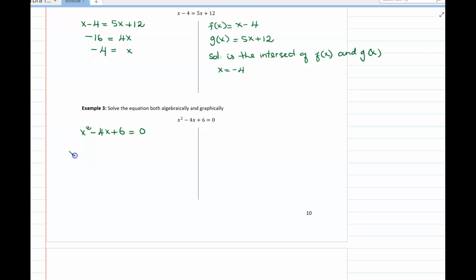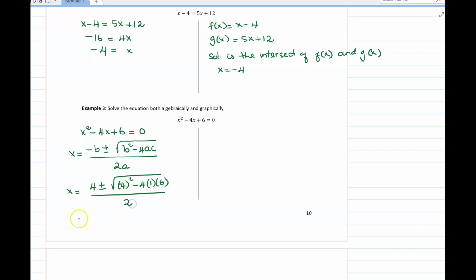The quadratic formula is x equal to -b plus or minus the square root of b squared minus 4ac, divided by 2a. So x equals 4 plus or minus the square root of 4 squared minus 4 times 1 times 6,